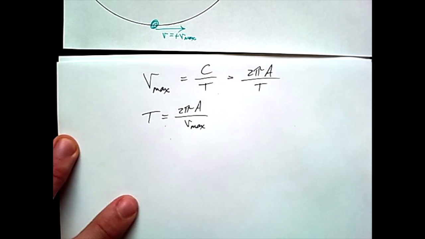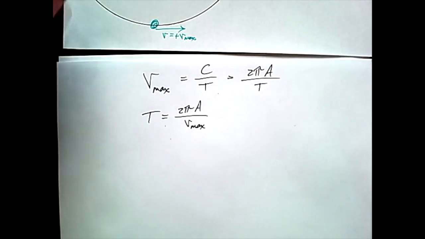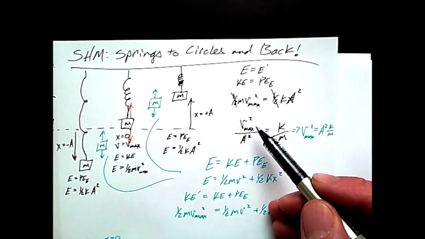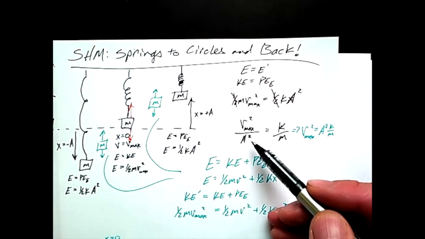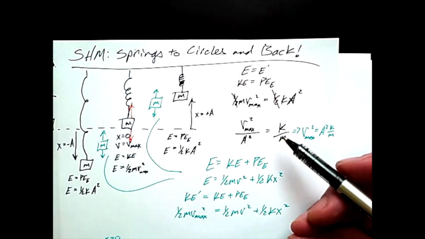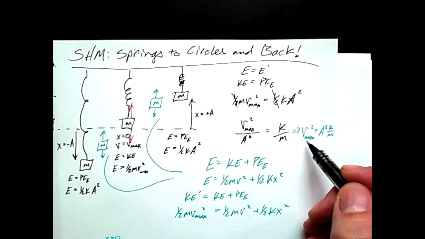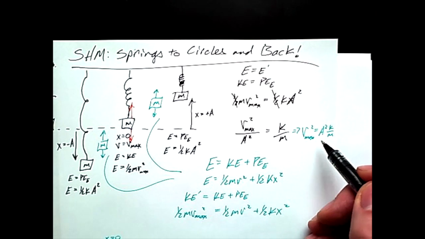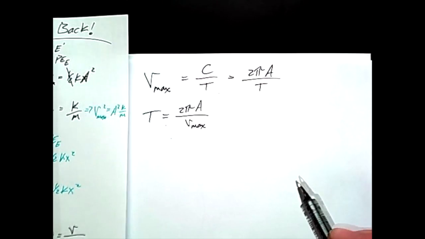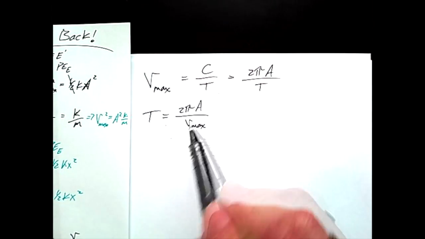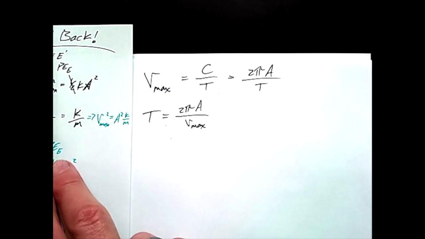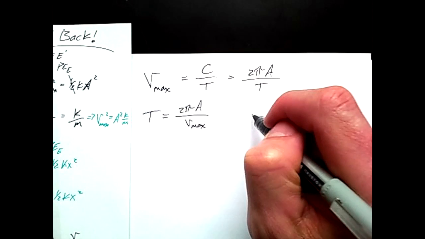Now, this doesn't seem all that interesting, but if we go back to our spring analysis, we see that we came up with a formula that said v max squared over a squared equals k over m. And that put v max in terms of the amplitude, the spring constant, and m. But that relationship is listed right here. It is just the opposite of this. So from before,